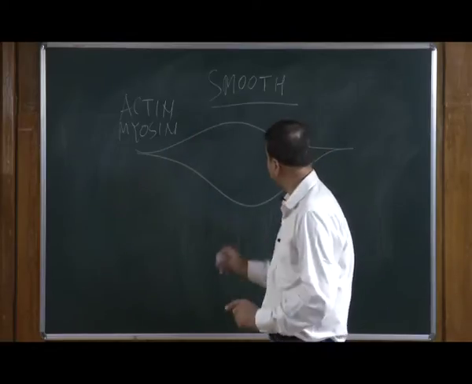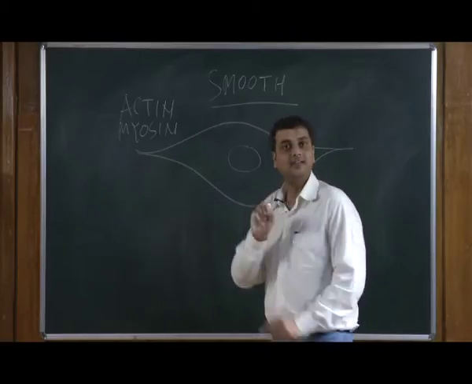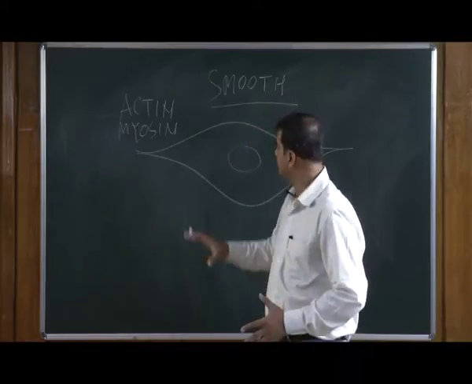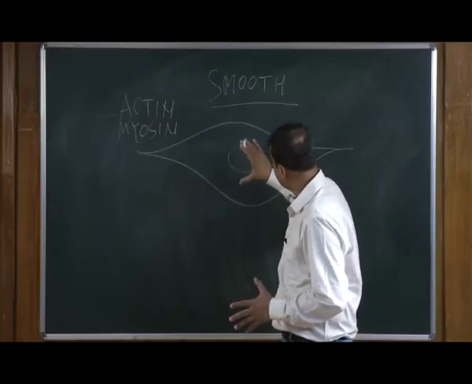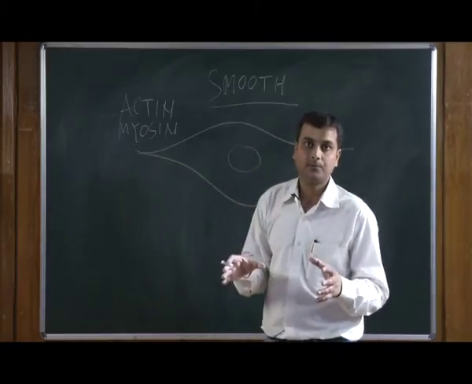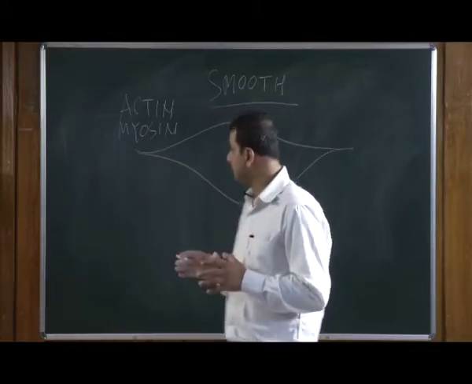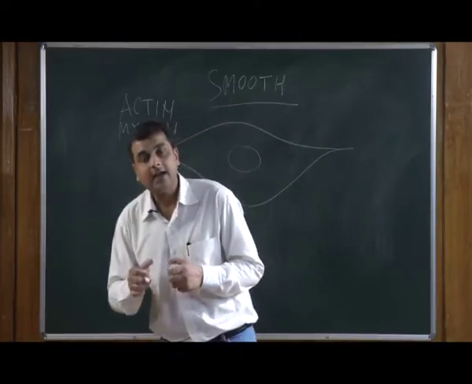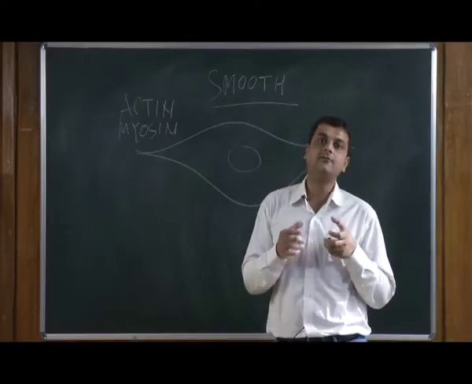We have a single nucleus in the center. So, these are not multinucleated, that means there is no syncytium, these are all single nucleated cells. Now, the second thing we discussed in the earlier lectures is that our skeletal muscle has a very unique